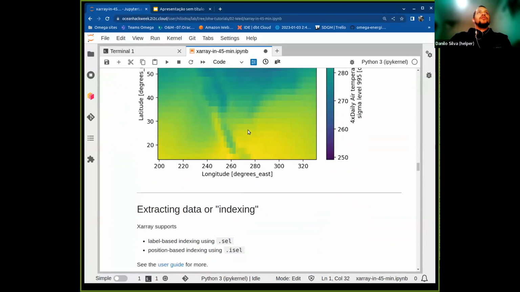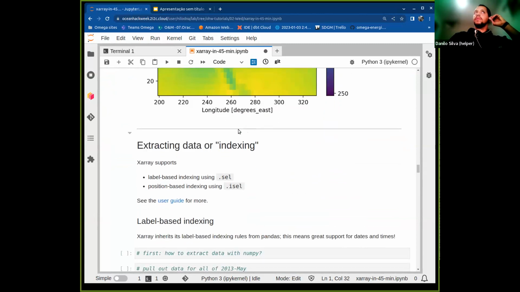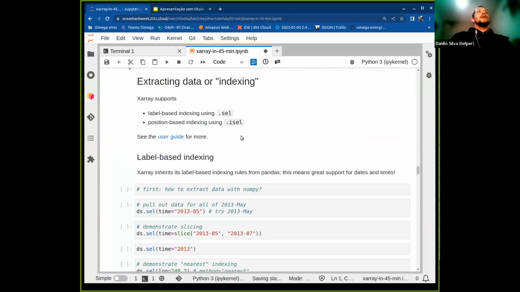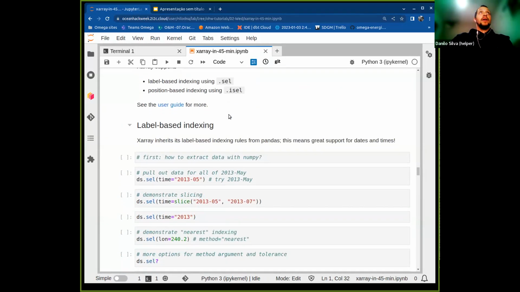Okay, so I showed you how to extract some data using the isel selection, but there is another way to do this using just the sel selection. And this sel selection is just like label-based indexing, so we can extract information from our dataset using our coordinates, either the coordinates themselves, so a specific longitude or a specific time, or using the index position of this information. But first, let's do this using